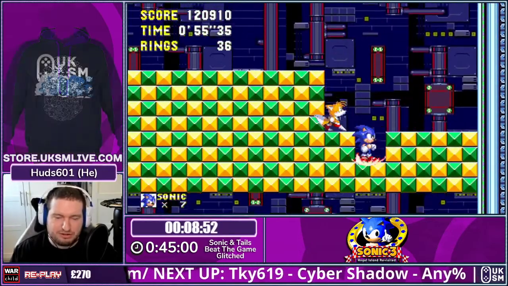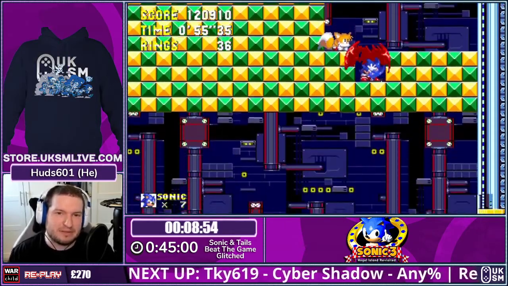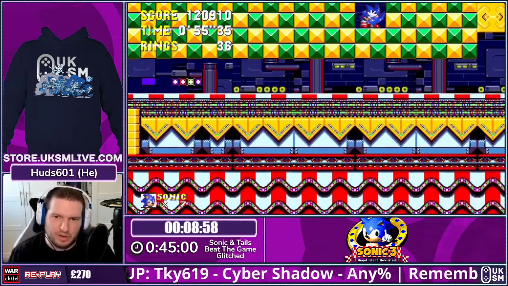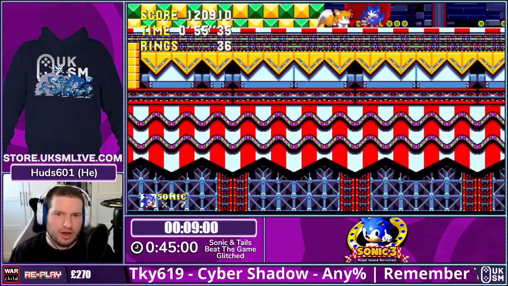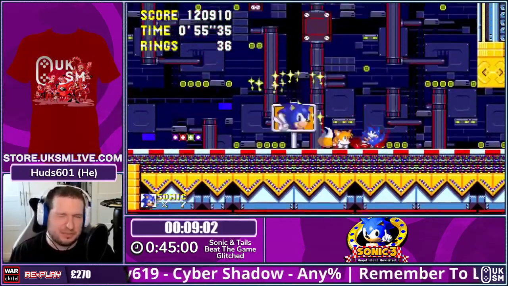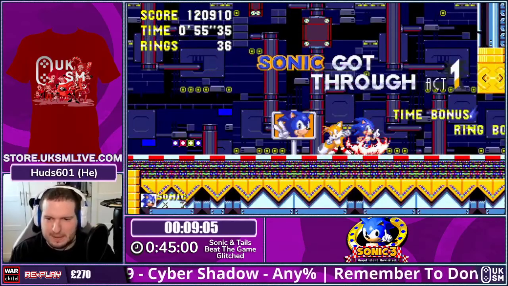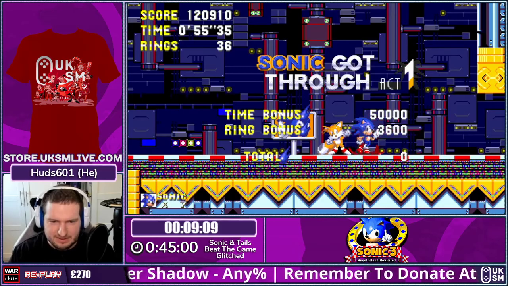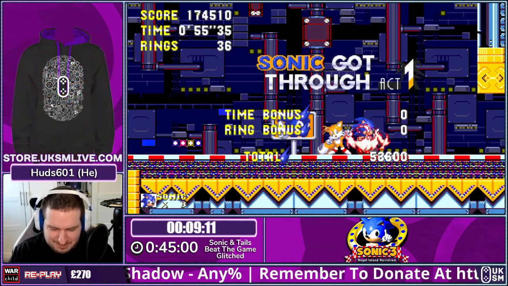And this is where I'm going to try again for FPR, because it's much faster to do Carnival Night Act 1 than it is Act 2. So fingers crossed to get this one, otherwise we've got a couple more glitches that we need to do in Act 2 that can be a little bit more tricky to pull off. Carnival Night 1 is infinitely easier to do than Carnival Night 2. Let's